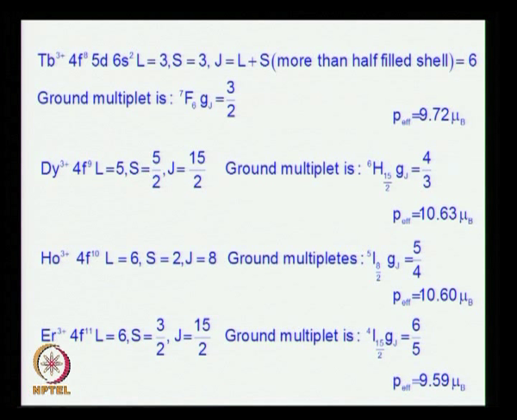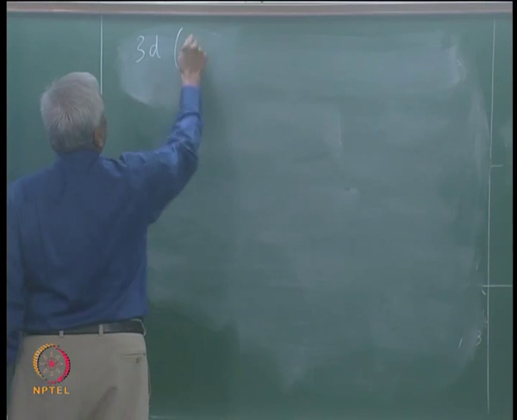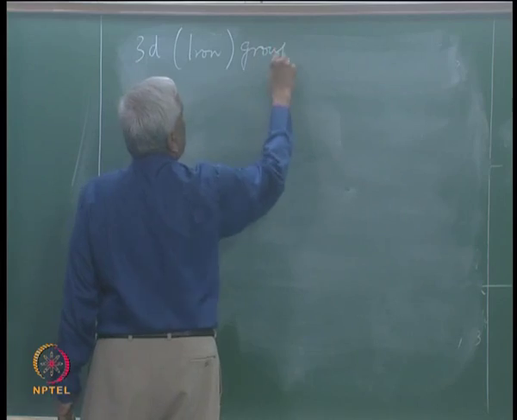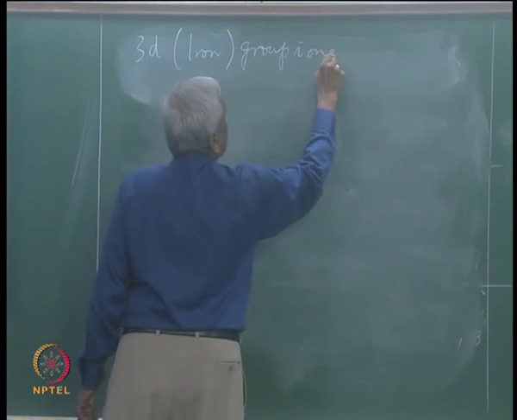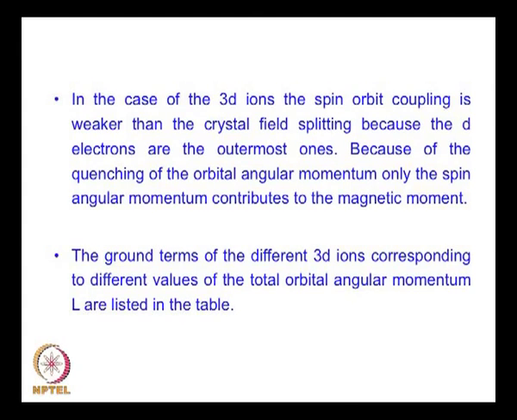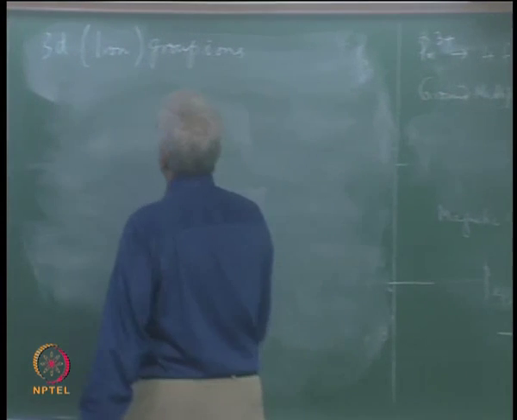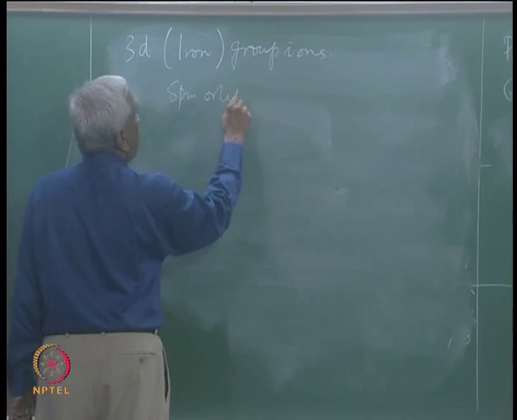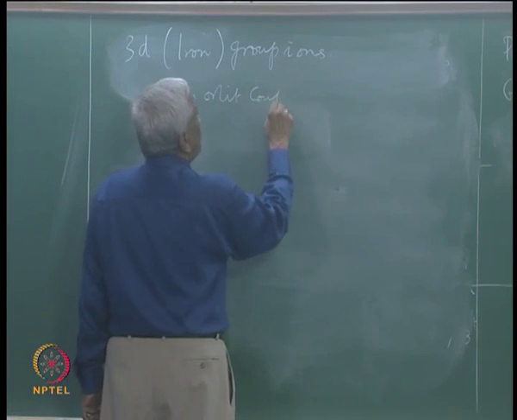We now move on to the iron group or 3d group ions, corresponding to the progressive filling up of the 3d shell. In this case, the spin orbit coupling is weaker